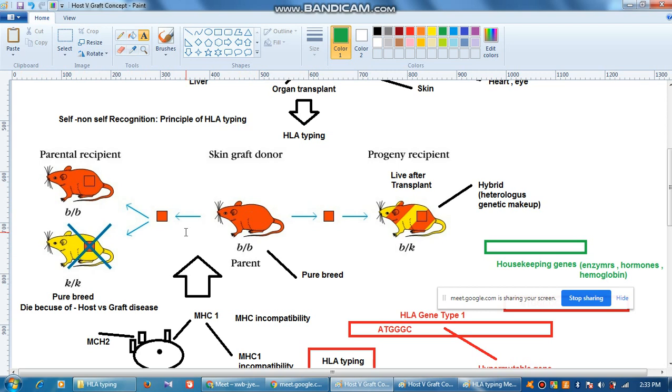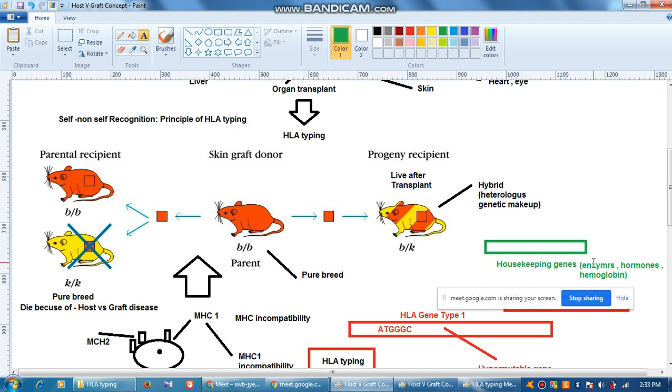So what I am trying to say is there are two varieties of genes. One, we shall call them housekeeping genes, which are nothing but the enzymes for glycolysis, the TCA cycle, and so forth. And there are also hormones, insulin, glucagon, whatever things you know. For example, your insulin is mostly 100% similar to the insulin of your friend.